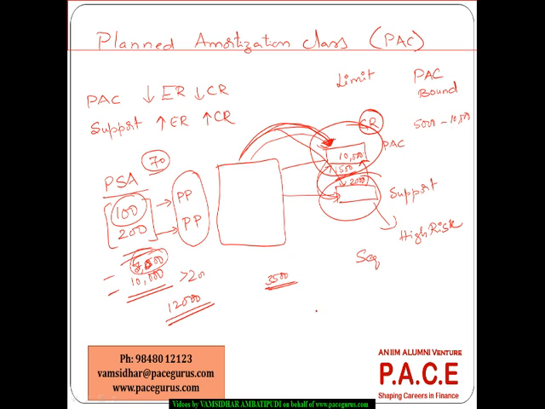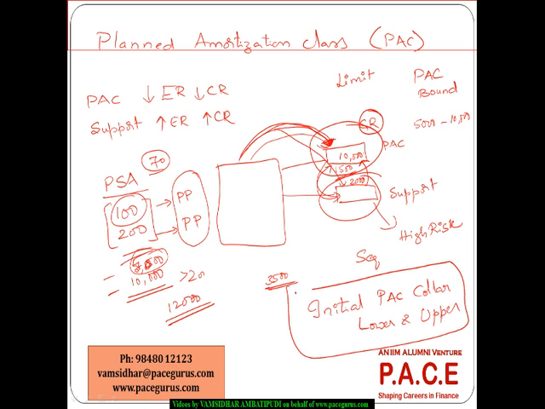Whatever initial PAC collar has been set, with its lower as well as upper bounds, anything lesser than that is funded by the support tranche, and anything more is absorbed by the support tranche. If things go much outside, that is what we call a broken PAC. As long as it is within that limit, it is simply adjusted between both tranches.